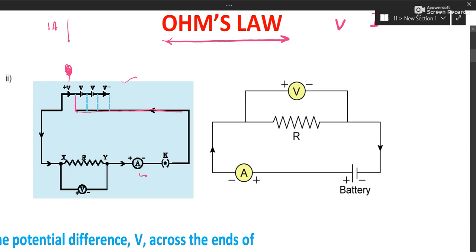Okay, now the second student is performing the experiment and he connects his wire here. So now how many cells are there in circuit? Cell number 1 and cell number 2. 2 cells are there. So voltage is increased. So the current read by the ammeter would be more. Let it be 2 ampere. So you can see we are increasing the voltage in the circuit. Current is also increasing. Similarly, if you wish, you can employ all 3 cells or all 4 cells. Okay, more the voltage, more will be the current.